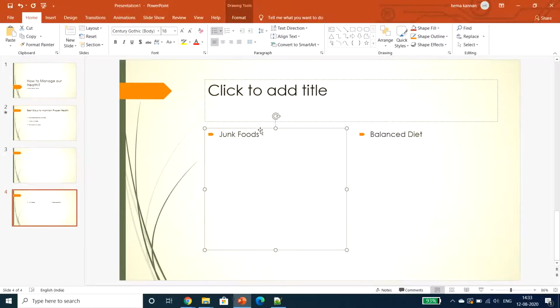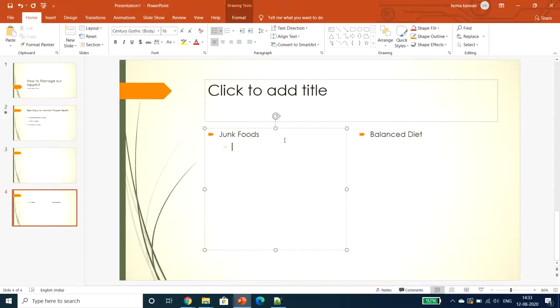So even here I can add junk foods, like, what are all the junk foods, like oil fried items and chocolates. Those are junk food that I can add. But I don't want to add that right below the title, so I can use the tab.